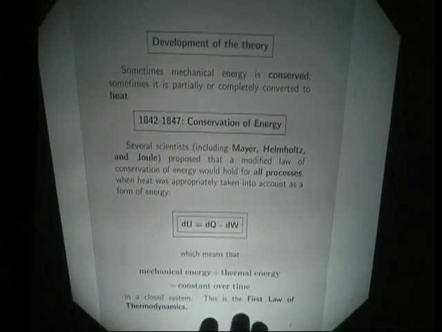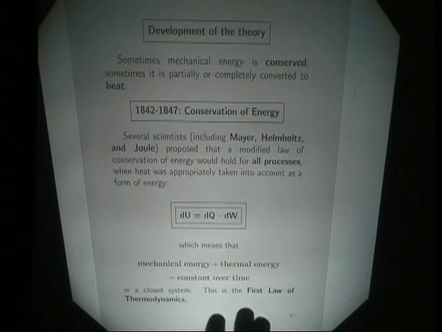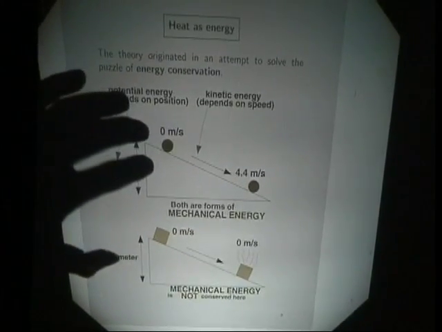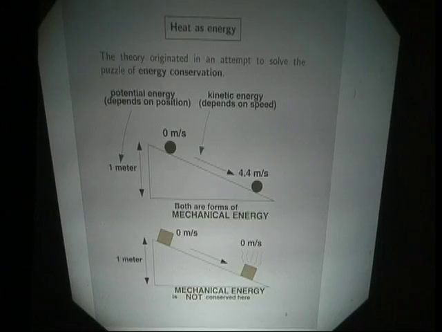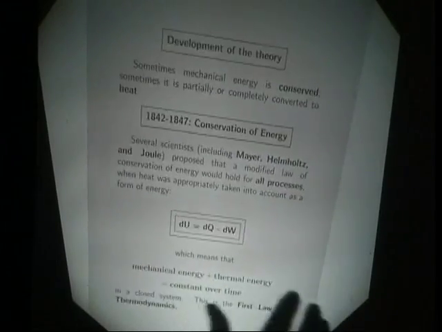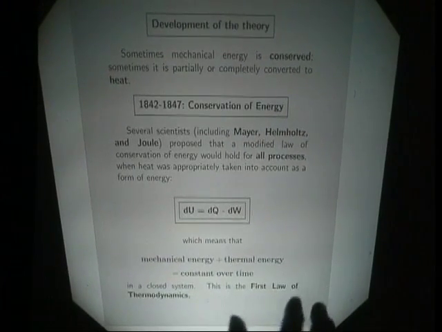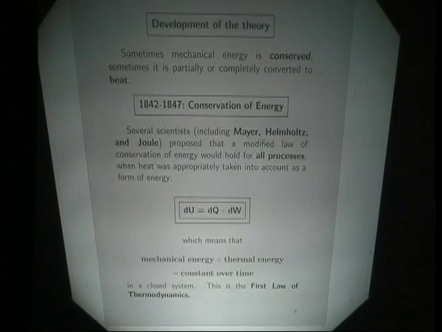But it was realized by several people that if you counted the heat that was generated, so if you see, I drew this diagram with little red lines coming off of the box, which means that the box heated up as a result of this friction against the ramp. So several people realized about the mid-19th century that if you take heat into account properly, then there is still a notion of conserved energy. You just have to include a heat piece.